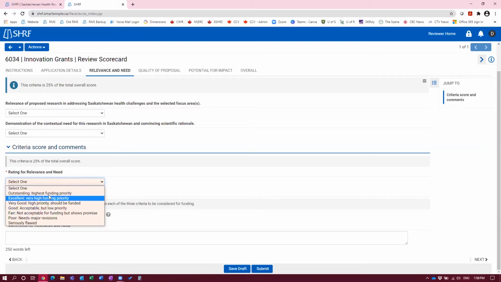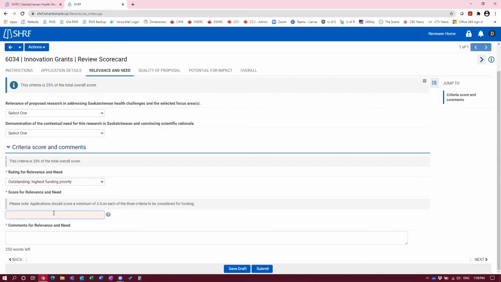But again, it's to help you out in understanding and just to remind you, if you thought overall that this criteria was a 4, then 4 is considered to be excellent. And so you may do this, but sometimes we don't always look at that. You might put outstanding and then give a 4, and that'll be something that'll come up as discussion in the review meeting. So I'm going to say this one overall has an outstanding rating because it has a little asterisk. It is mandatory. I'm giving it a